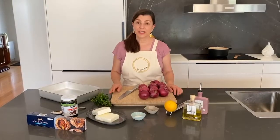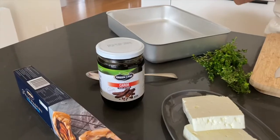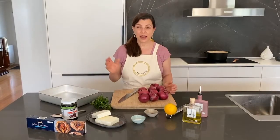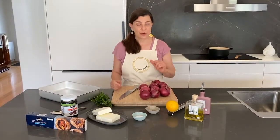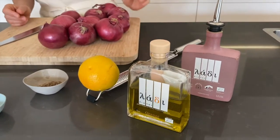This recipe uses a couple of unique ingredients. It uses orange zest as well as carob molasses. The family grows citrus trees as well as carob trees amongst their olive groves, and they incorporate these ingredients into their cooking. Today we will also be using some of their beautiful orange infused agrumato olive oil,